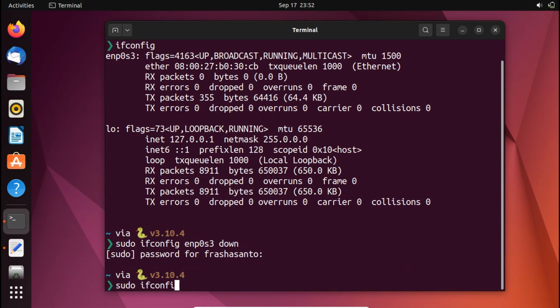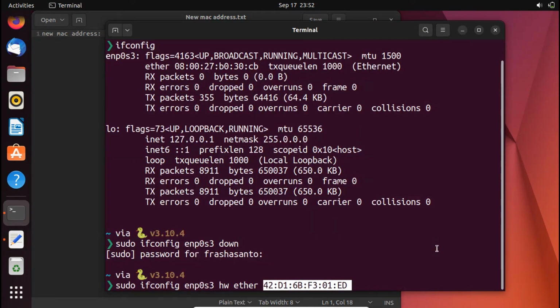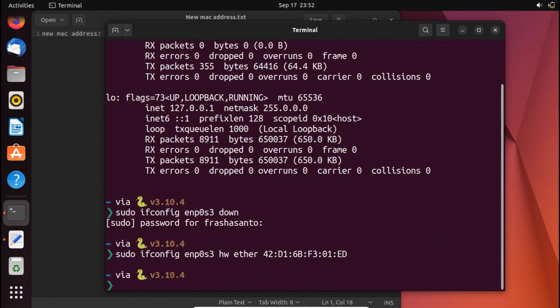It's sudo ifconfig, then the interface name, then I'm going to copy my new MAC address here now. Then I'm going to type this command, sudo ifconfig,